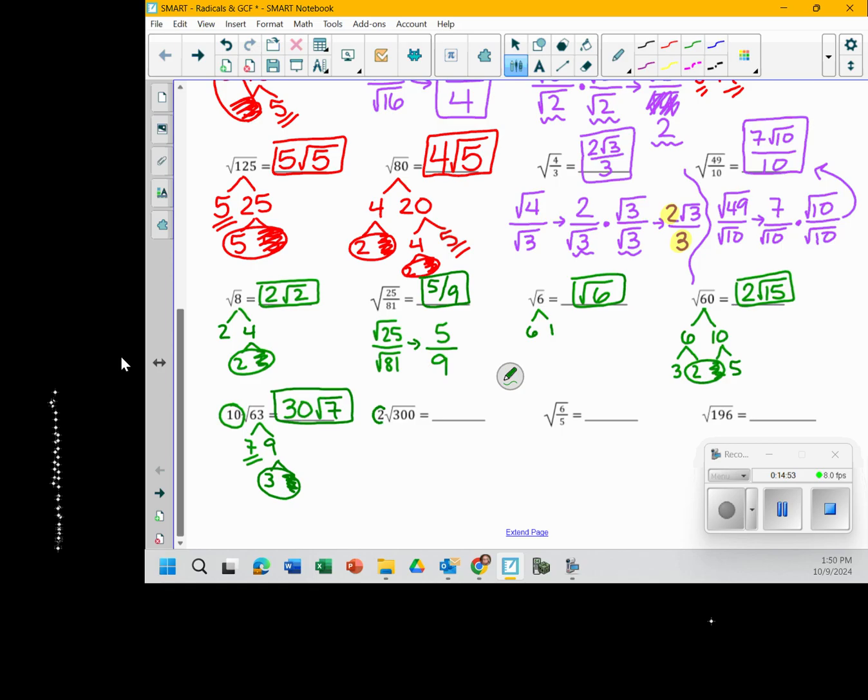Okay, same thing here. 2 is already outside. 300 is 3 times 100. Maybe you say 100 is 10 times 10. If you already found a pair, you don't need to keep breaking it down. You can, but it's already a pair, so why break it down? 2 times 10 is 20. 3 is